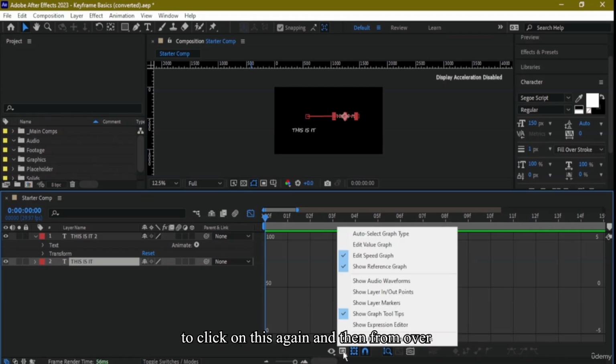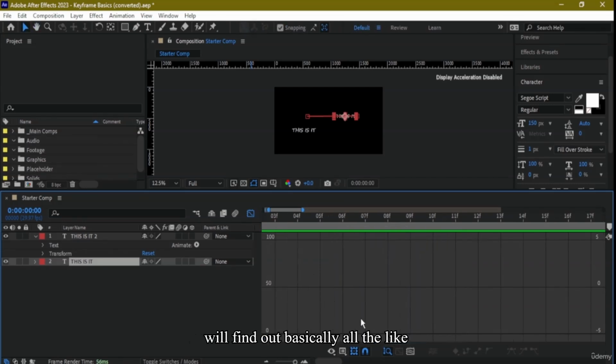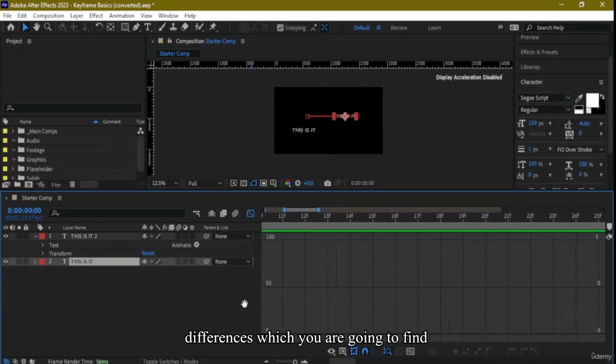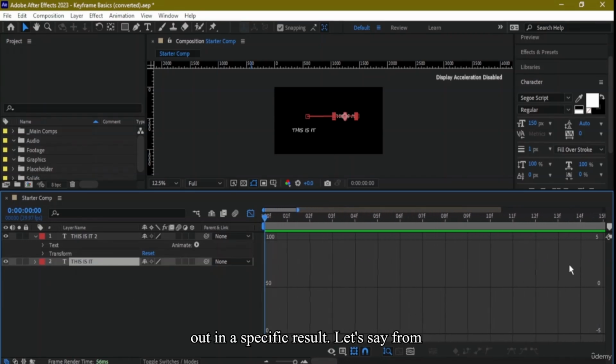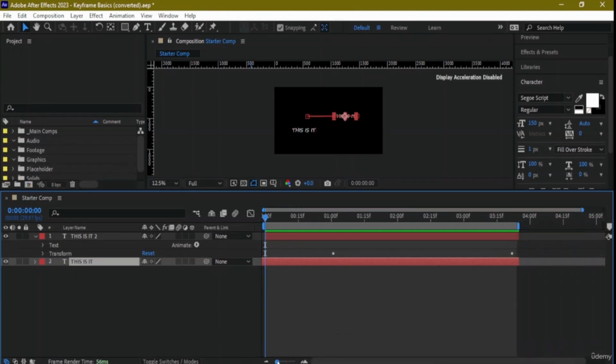Then we're going to click on this again, and then from over here, auto select graph type. Then you will find out basically all the differences which you are going to find out in a specific result. Let's say from here we are going to open it up again. Let's say I'm going to turn it off. And here we are going to find it off on this part, right? So I'm going to zoom in, keep it somewhere around over here,